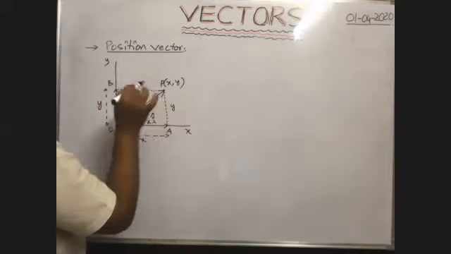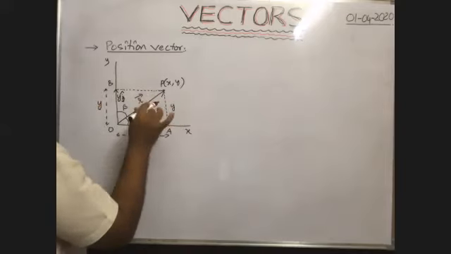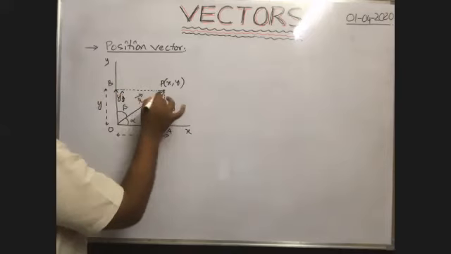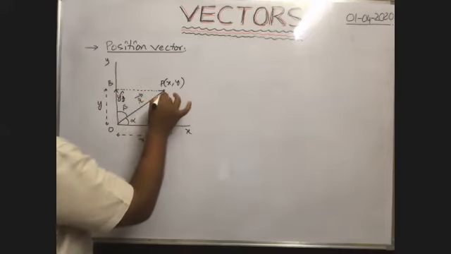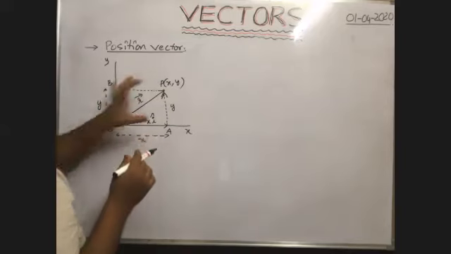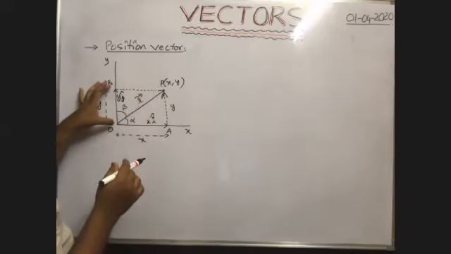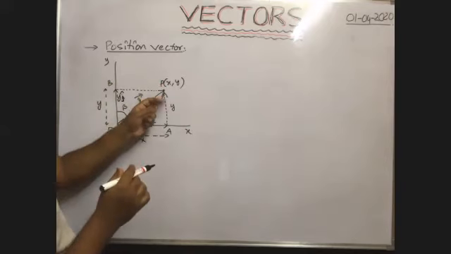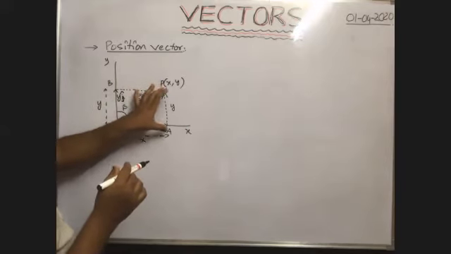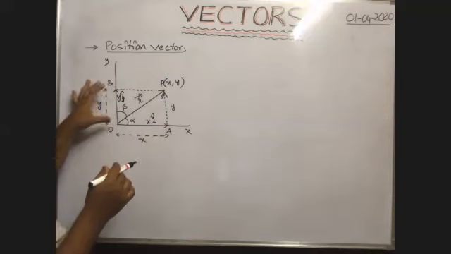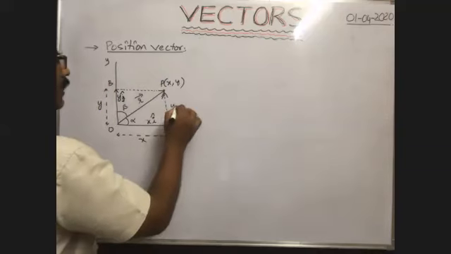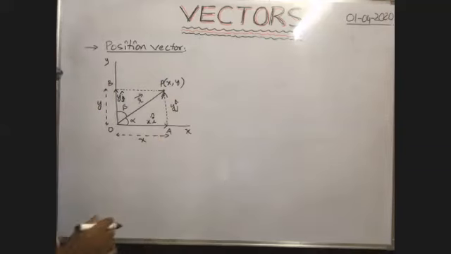If you want to write this side also in vector form, whatever the direction of the arrow mark, here also you take the direction of the arrow mark in the same direction. Then the length of this vector and the length of this vector are both the same. Directions are also the same. That's why this becomes an equal vector to this one, no? That's why if it is yj cap, then it is also equal to yj cap.